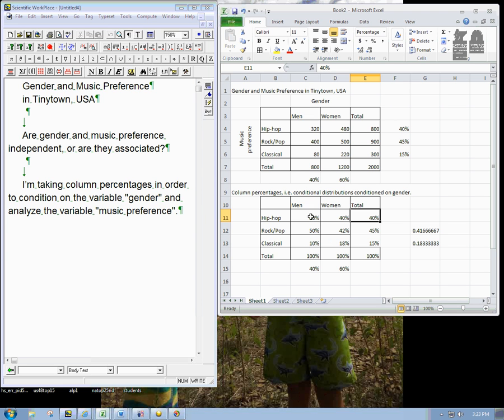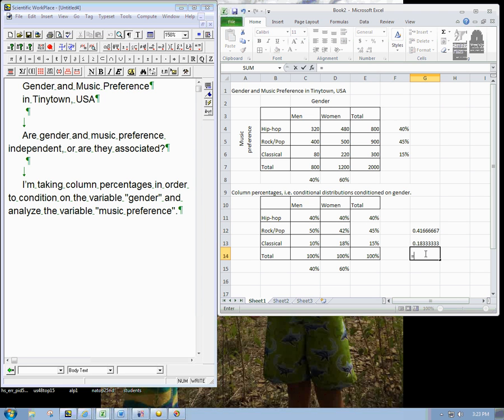Okay, so we're comparing. We look at the conditional percentages, and we look across for each variable that we're interested in analyzing. We look at the difference or lack of difference between the men and the women's column. So we're getting no difference. I'd say that's a pretty significant difference. We discussed in class how like a 20%-ish difference would be relevant.